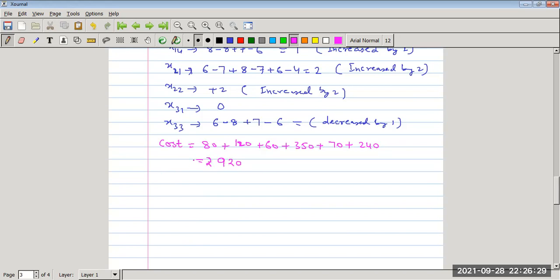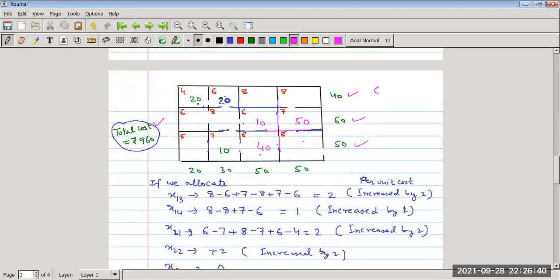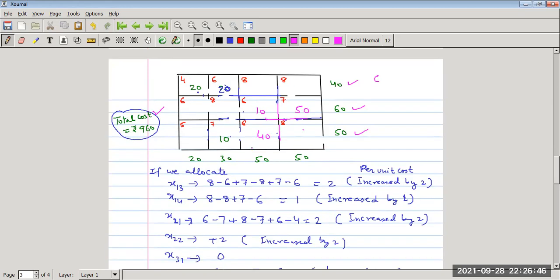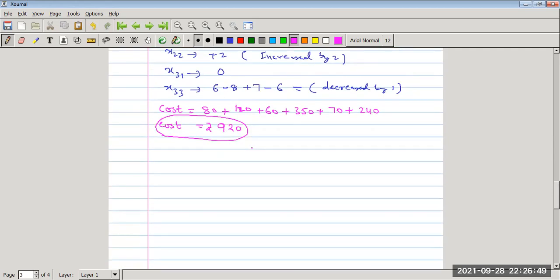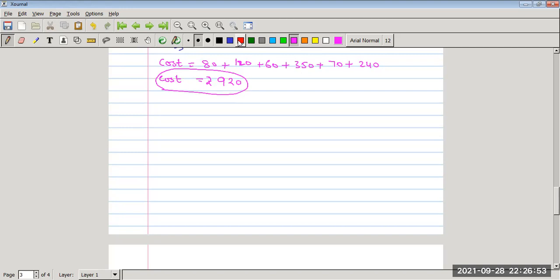Now you can check. The cost is reduced by 40 rupees. Initially the transportation cost was rupees 960, but by allocating some items in this point x33, we get the cost reduced to rupees 920. Now our problem is reduced to